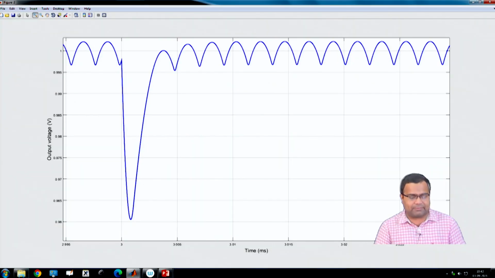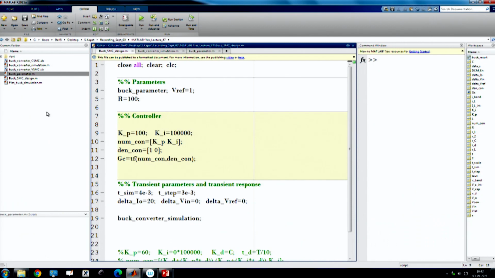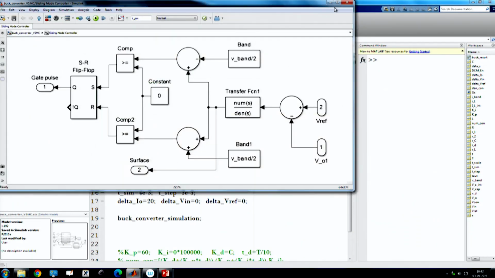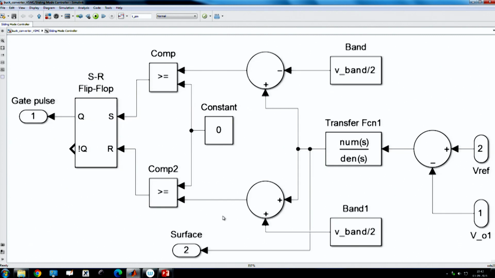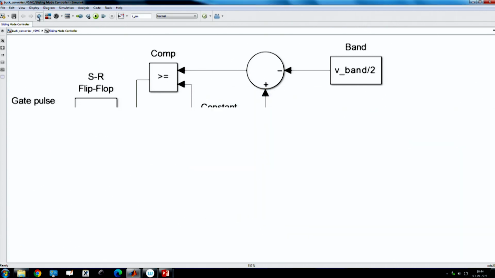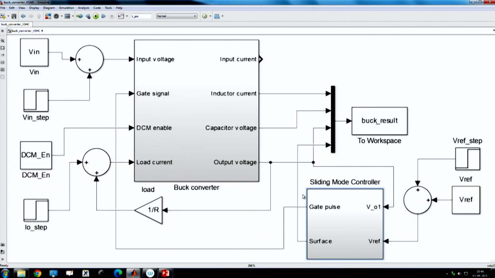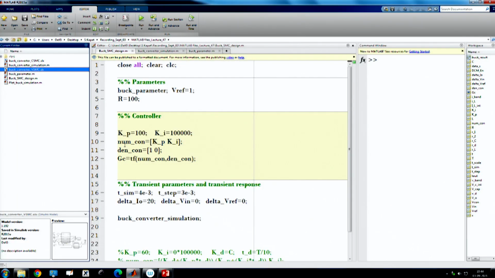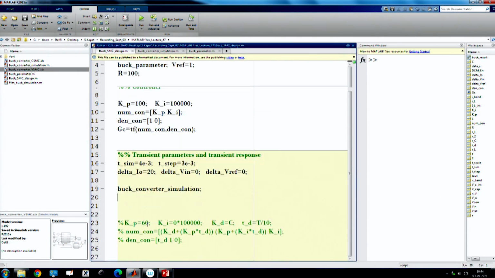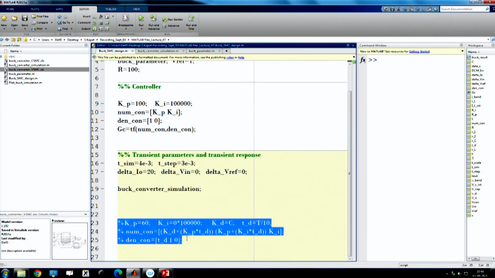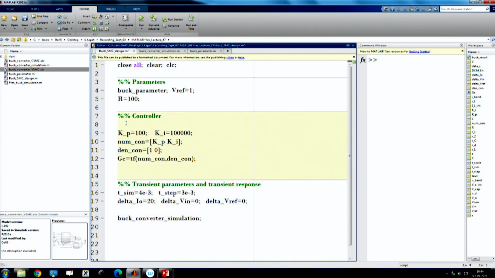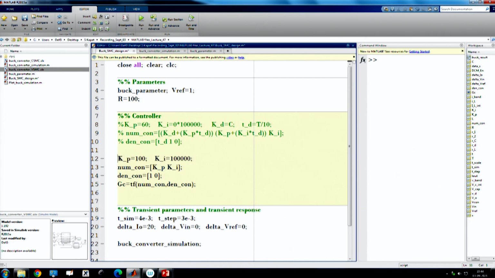So, let us go back to our MATLAB and see what happens if we go to our voltage based controller. This is my voltage based control which I have explained here, V band, and this is a transfer function that we are defining from inside. Here we have already discussed that we have not used any load current nor inductor current. Now, we want to bring back this logic, that was the logic of our PID controller. So, here we want to stop this part, comment here.